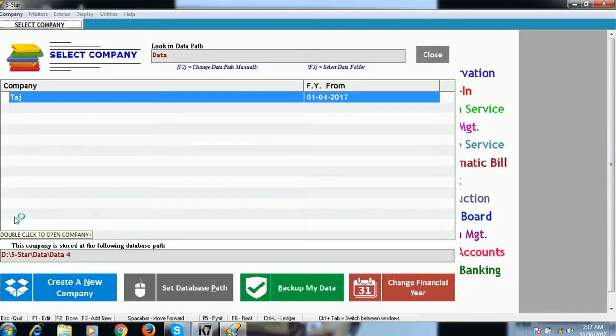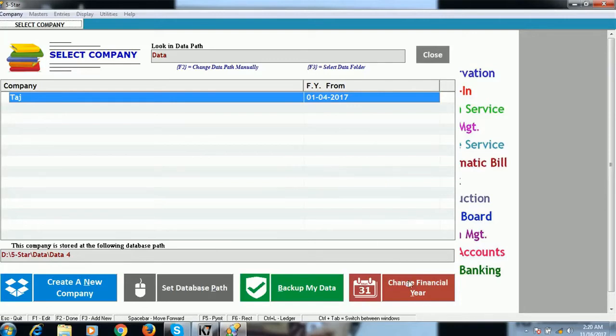Just like we do manual work or billing, but after making the bill we have to maintain our ledger, whatever the load is applied on our credit. But in this ERP software you make a billing, then your day book, ledger, cash book, up to financial accounting, everything will be maintained automatically.